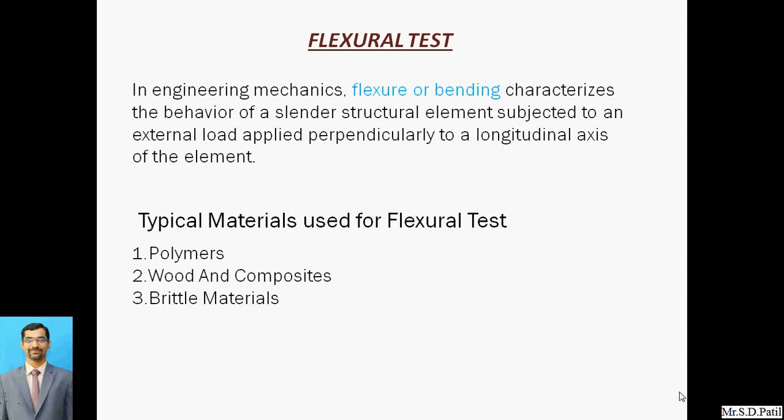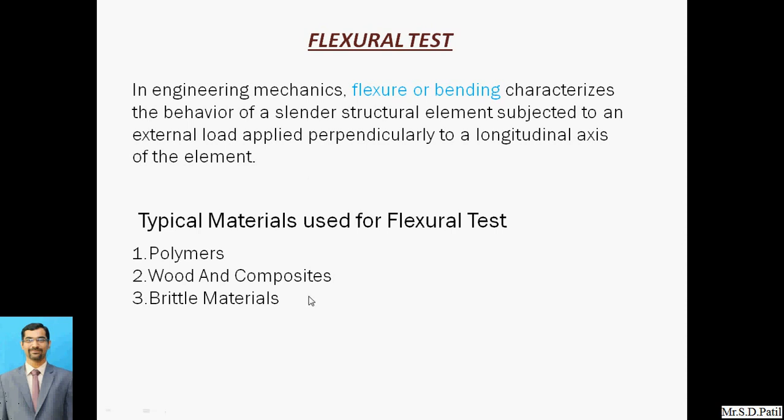Ductility is the extent to which we can elongate a particular material. Now this test can be carried out on the same machine on which the tension test is carried out, that is the universal testing machine. To conduct this bending test we can use the UTM, which we have seen in the tensile test. But to carry out this test, we need some different attachments. The machine is the same, but we conduct this test using different attachments.